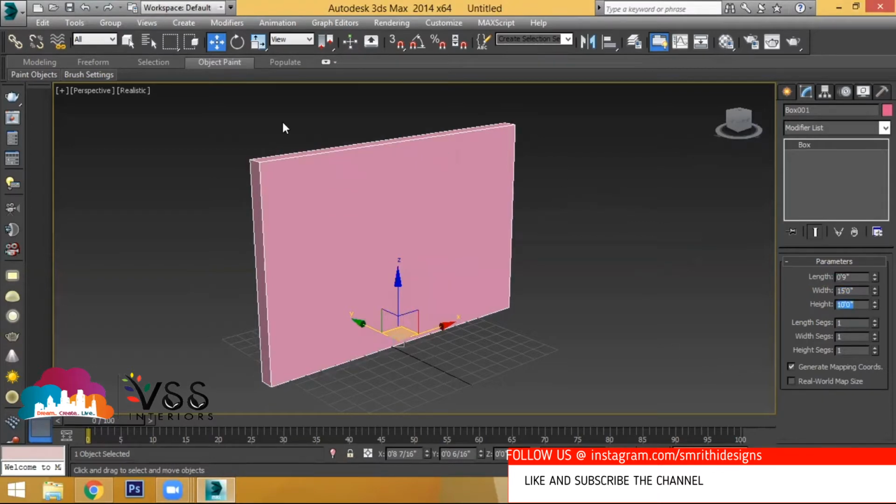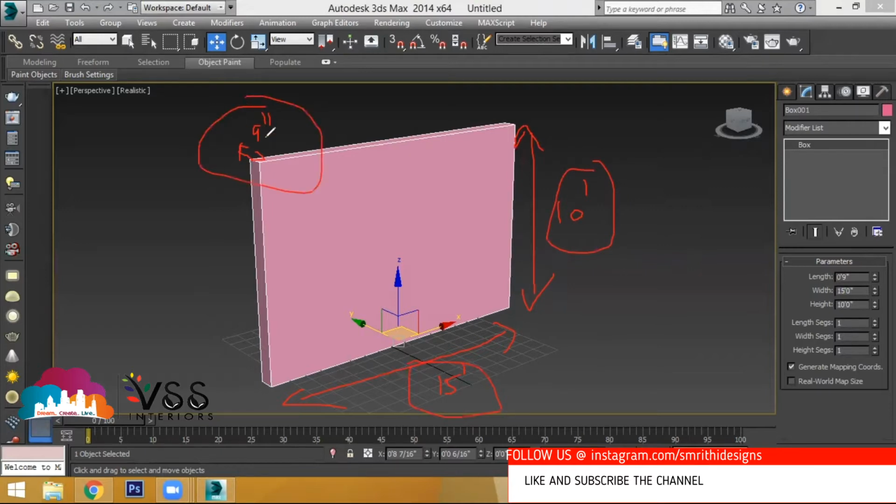So normally, what is the height of the room? 10 feet, right? Write it down. Height of the wall should be 10 feet. I mean, width of the wall should be, I've taken around 15 feet. And what is the wall thickness I've taken? 9 inches. Note it down, because once I complete this, you have to create it again. So the total width is 15 feet, the height is 10 feet and the wall thickness is 9 inches.